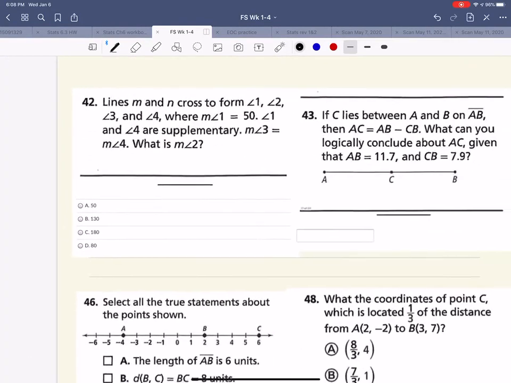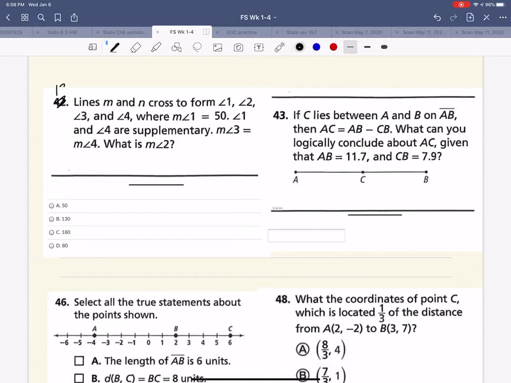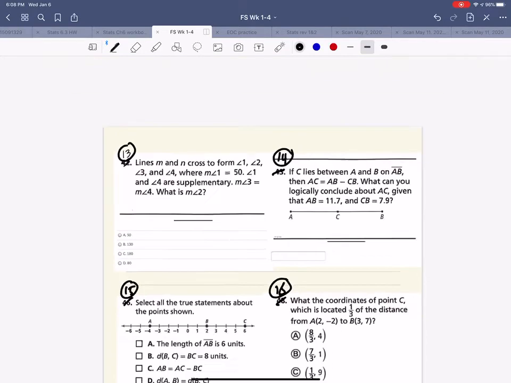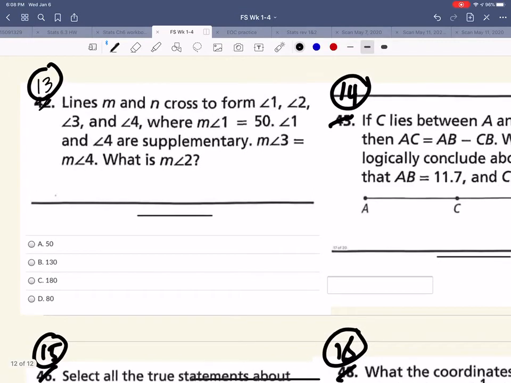3 more. So that was 14 or 12. So this would be 13, 14, 15, and 16. Almost done with double checking our homework. So if line M and N cross